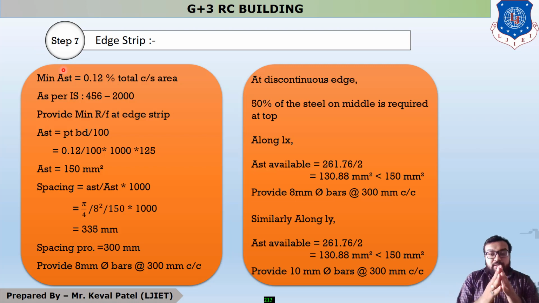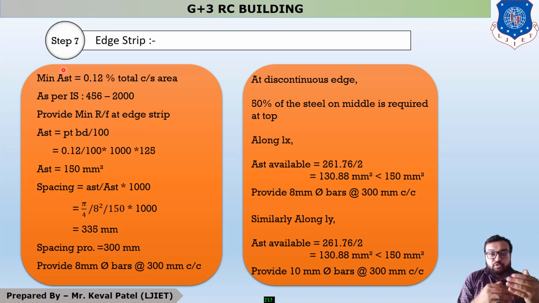And similarly, this is the end of today's session. In the next lecture, we are discussing slab S2, slab S3 and slab S4. It means what is the major difference between slab S1, slab S2, slab S3 and slab S4. But you have to remember that your step number 1 is effective depth, your step number 2 is effective span, and your step number 3 is load calculation. Steps 1, 2 and 3 remain the same for all the 9 cases.